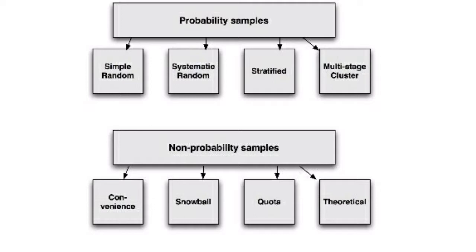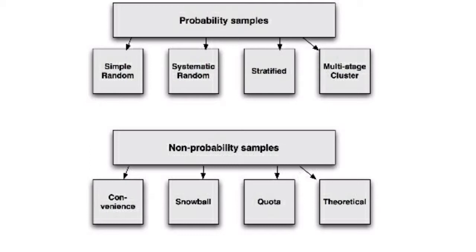Now let's move to non-probability samples. We have convenience sample, we have snowball sampling and we have quota sampling. So let's discuss one by one. In convenience, we take convenience at top priority rather than sampling. And in quota sampling, we make quotas. For example, every nth house should be taken into account for sampling. It is quota. And in every house, we take only one question or two questions. So it is the type of quota system.